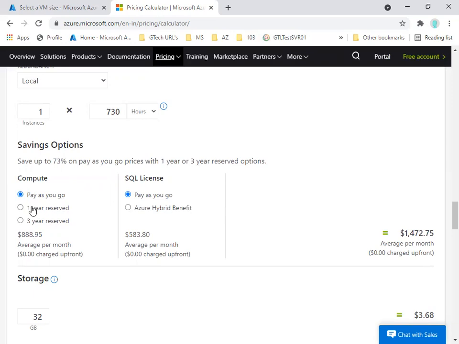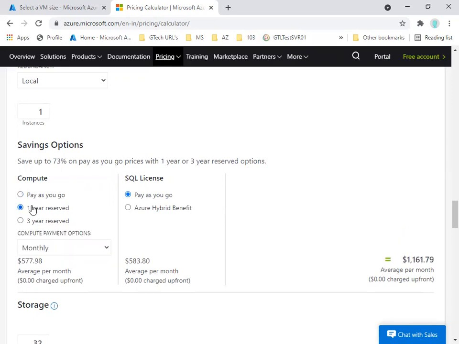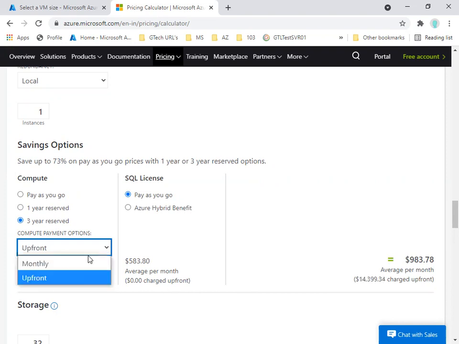You have 1 year reserved instance. So if you want to go for creating a reserved instance, your price gets changed for the entire year you will be paying. If I go for a 3 year reserved instance, the price gets decreased as compared to a 1 year reserved instance. So you can see what your payment option is, whether it is upfront or monthly,